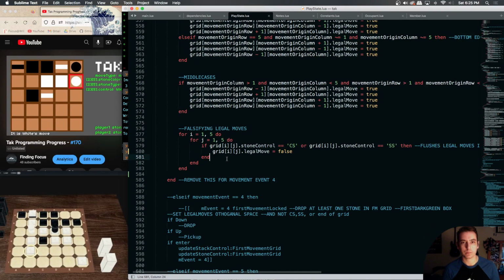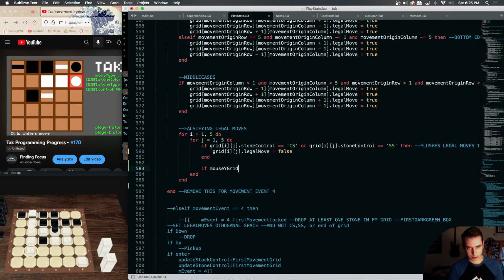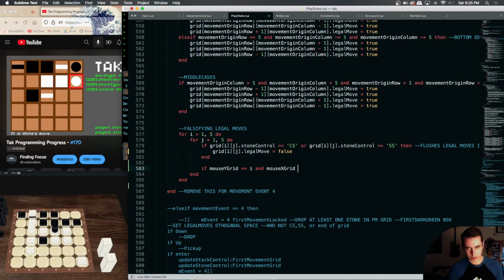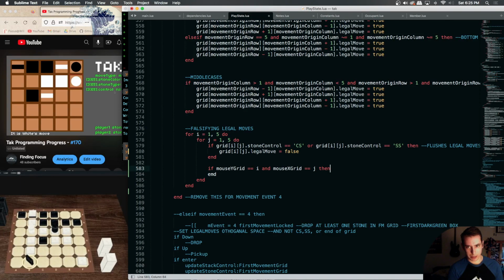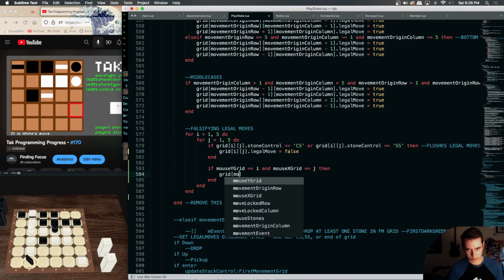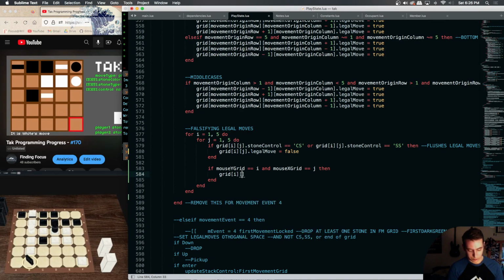So that's working. So what we're also going to do in this nested for loop is say if our mouse grid y is equal to i and our mouse grid x is equal to j, meaning that when we ask this question, or when we populate this thing, we can actually just put ij here. So what this is saying is if our mouse grid is the same as this grid that we're typing,